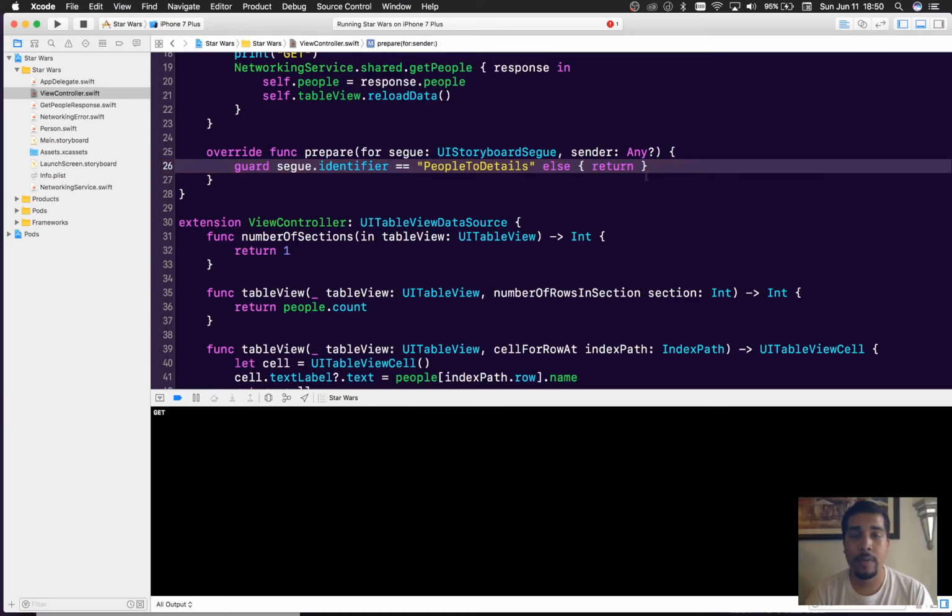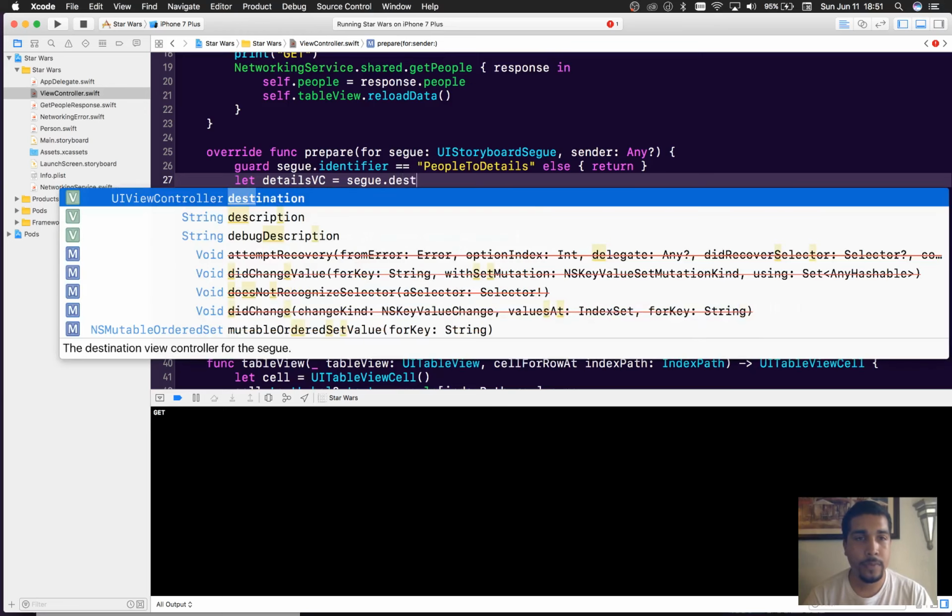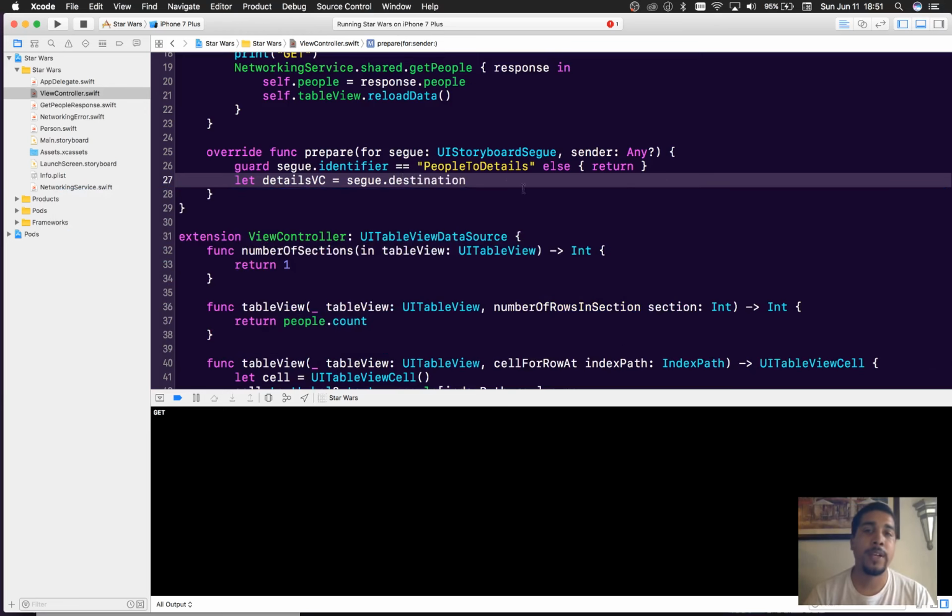Guard, so we want to make sure that's the correct segue, and then we want to get our destination. So let destination, or actually we'll call it details because that's what our destination is. Details VC, which we haven't created yet, is equal to segue.destination. And we actually have to create the other view controller, our details view controller, in order to cast this as